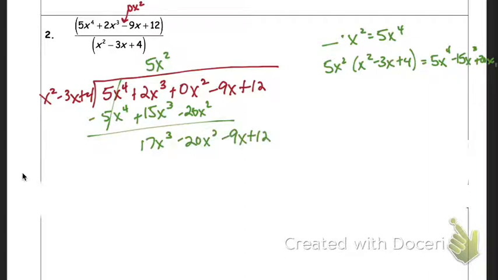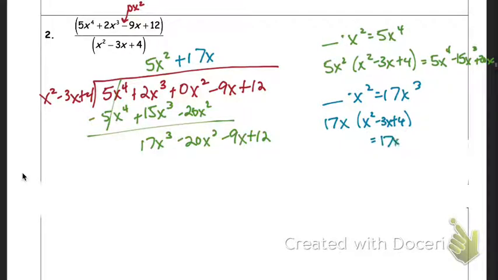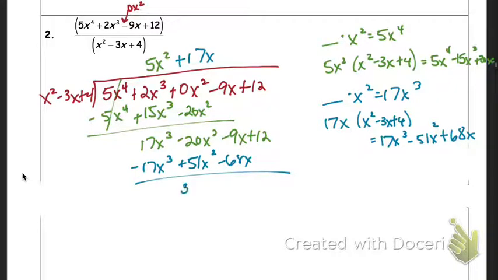And then I'm going to do the next one. So what times x squared gives me 17x cubed? And that's going to be 17x. And then when I write this, this becomes negative 17x cubed plus 51x squared. Oh, that should be x squared and an x. Minus 68x. So we have 31x squared